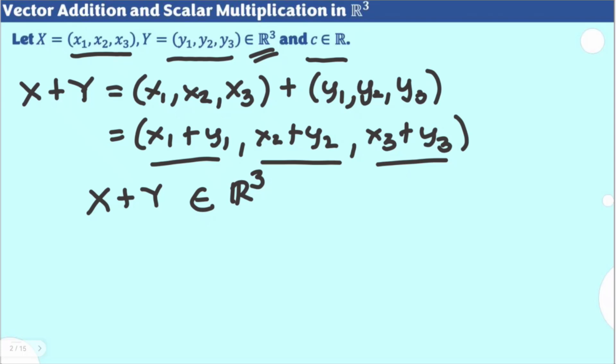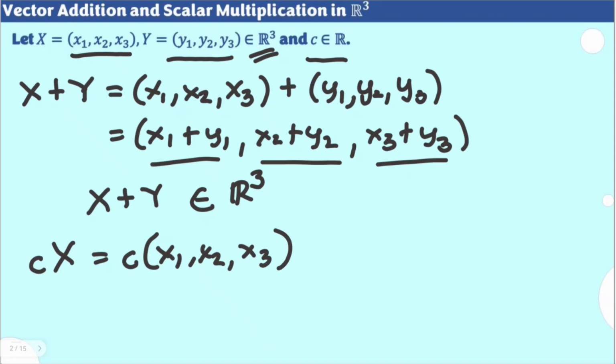Now, let's look into the scalar multiplication. It's the idea of multiplying any scalar, let's say c, as identified in our given, times any vector, let's say x. If we talk about scalar multiplication, we're just going to distribute the scalar quantity to all the components of our vector. It will look like this. You have c times the components of your x, x sub 1, x sub 2, and x sub 3. To find the result, again, multiply the same scalar to all the components of the vector. That would mean your result here is cx sub 1, cx sub 2, and cx sub 3.